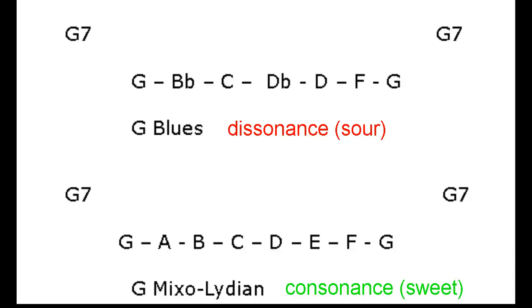Now, of course, as most of us know, we can just about play the blues scale over any chord. What I want to do here is play the notes straight, no slides, no bends, no guitar effects. I want you to have a listen to how the notes in the blues scale sound when played against a G7th chord. I'm going to play the notes very slowly, and when I do this you'll notice that two notes in particular,